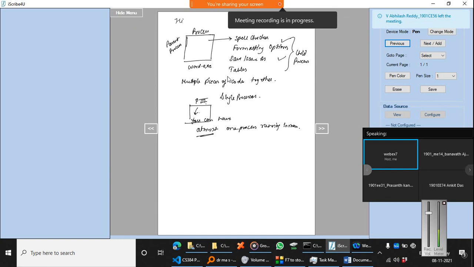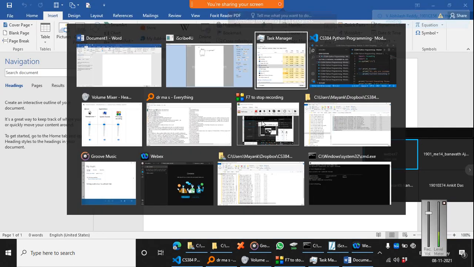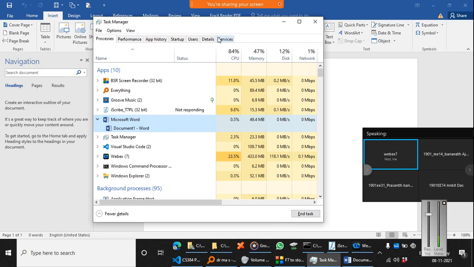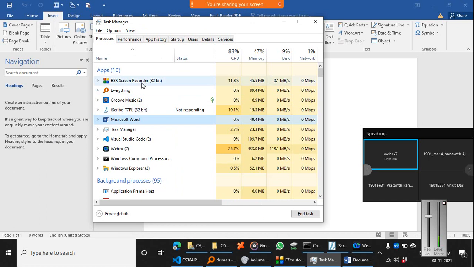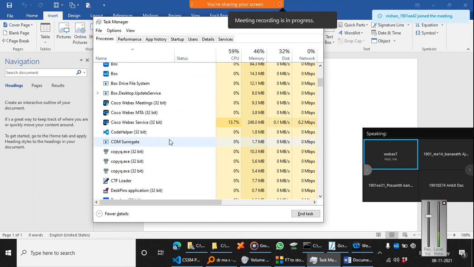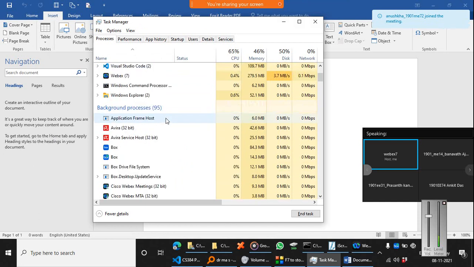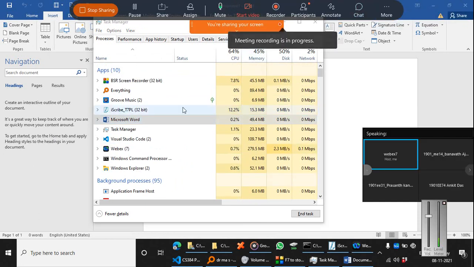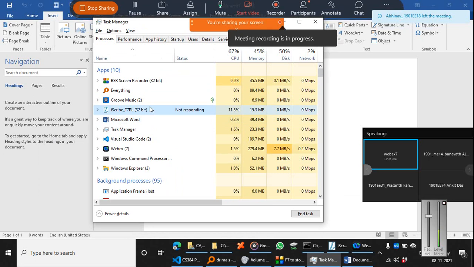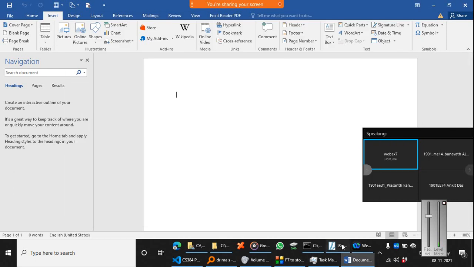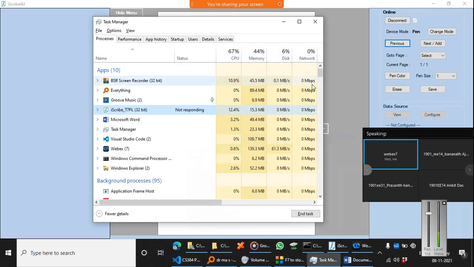Now, what do I mean by that? You may say, okay, for example, as of now, my machine is a quad core machine, a 4 processor machine. But then you may actually ask, see, there are so many processes running, right? So many background processes, more than 100 processes are running. How is that possible? That is possible because, what does the operating system do? It makes you feel that as if all the processes are running together, but internally there is a thing which is known as context switching. Now I will tell you what is context switching.